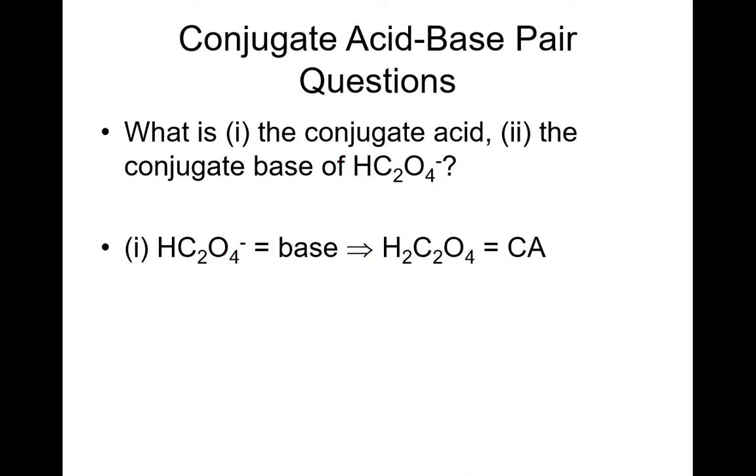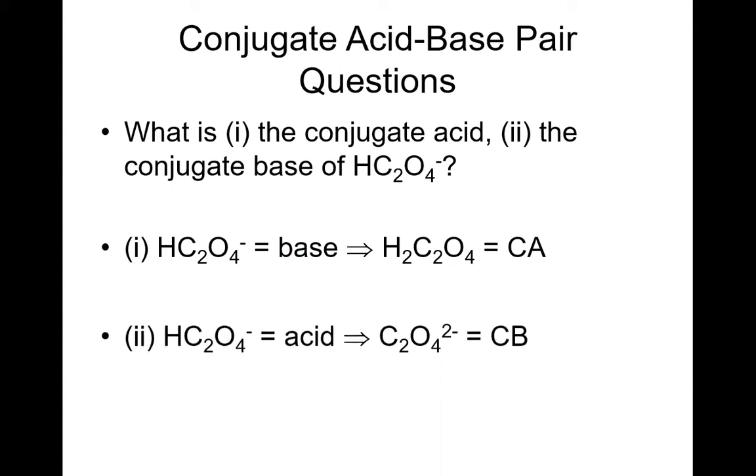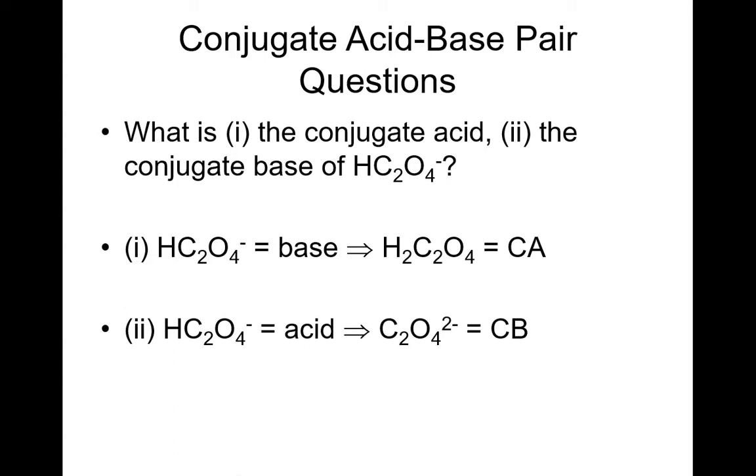So H2C2O4 is an acid. If they're asking for the conjugate acid, this becomes a base, and bases under Bronsted-Lowry theory accept protons. So you add on an H plus to get the conjugate acid. And likewise, if you're looking for the conjugate base, you start off with an acid, which you remove an H plus from to give you